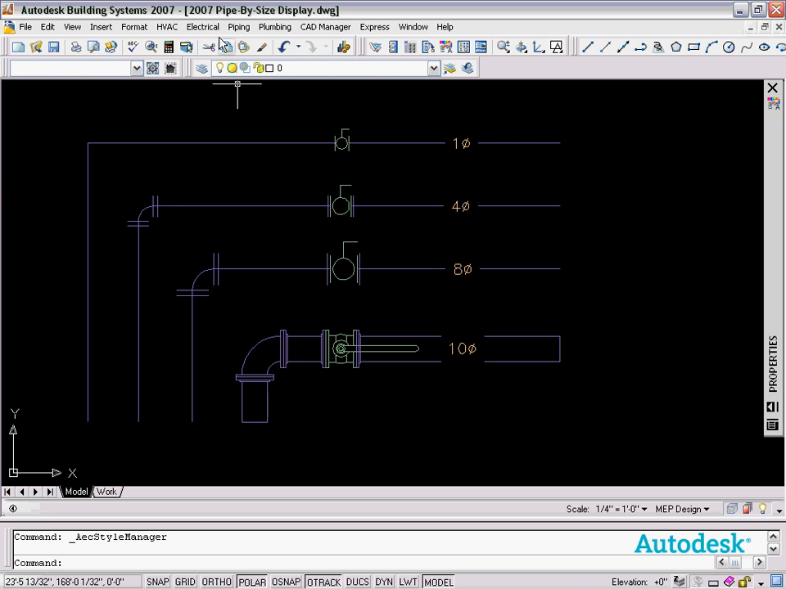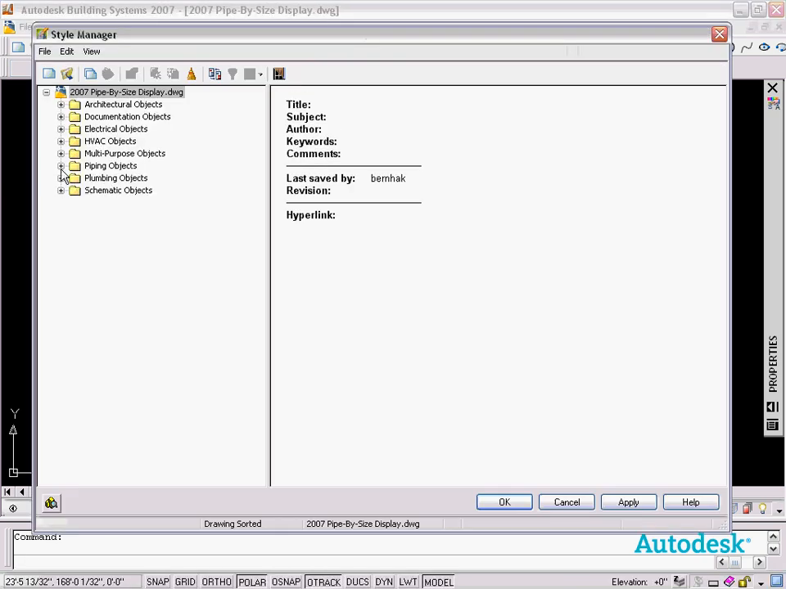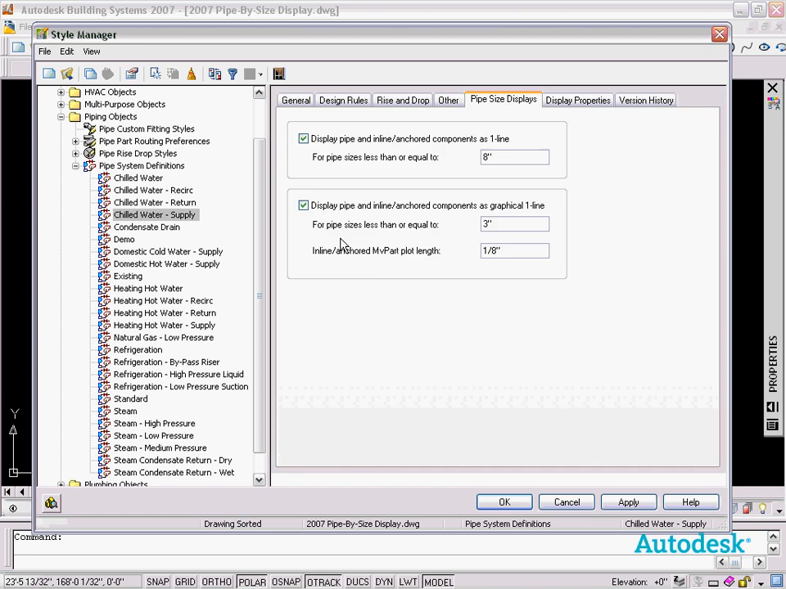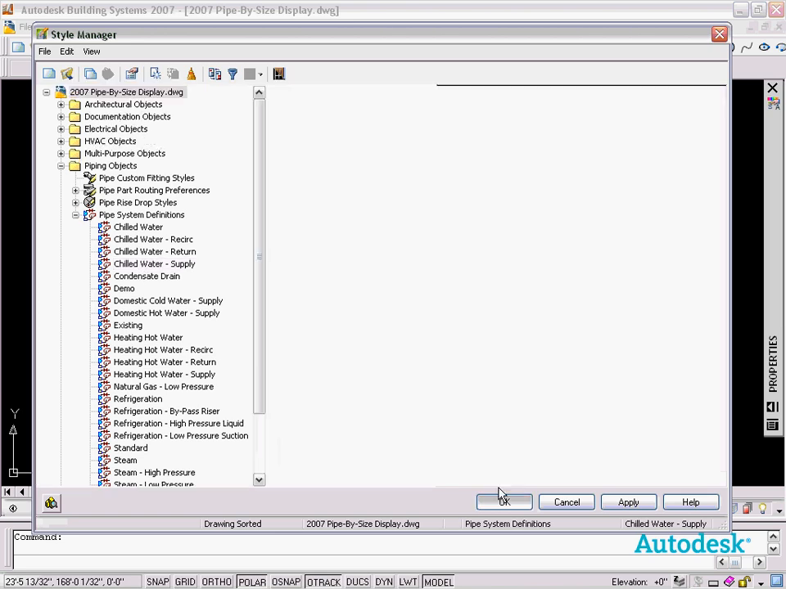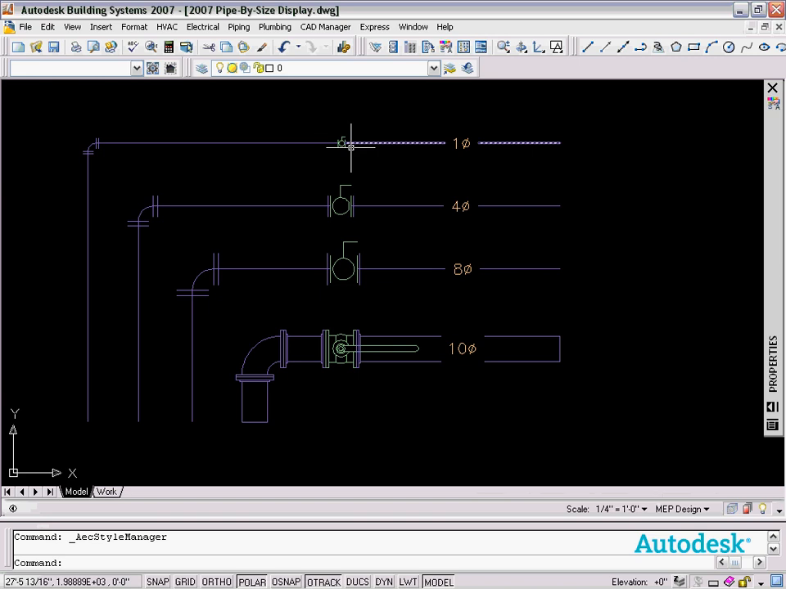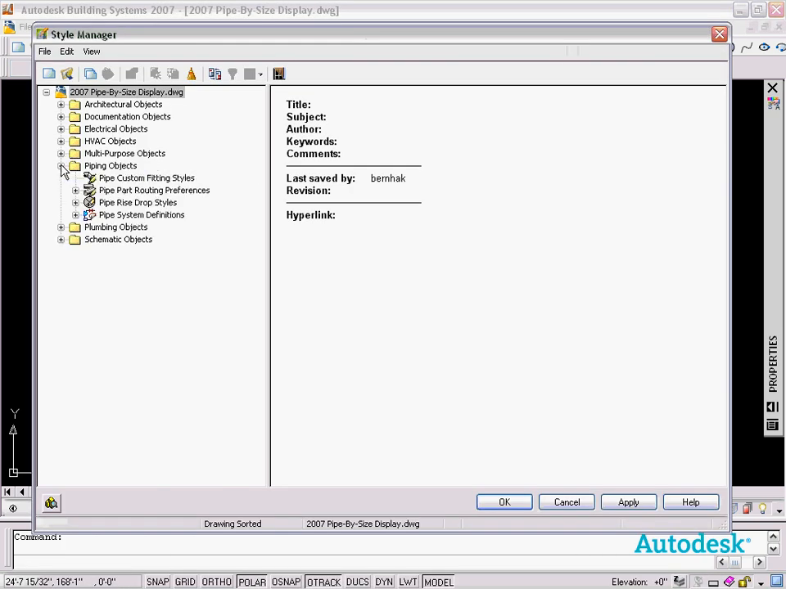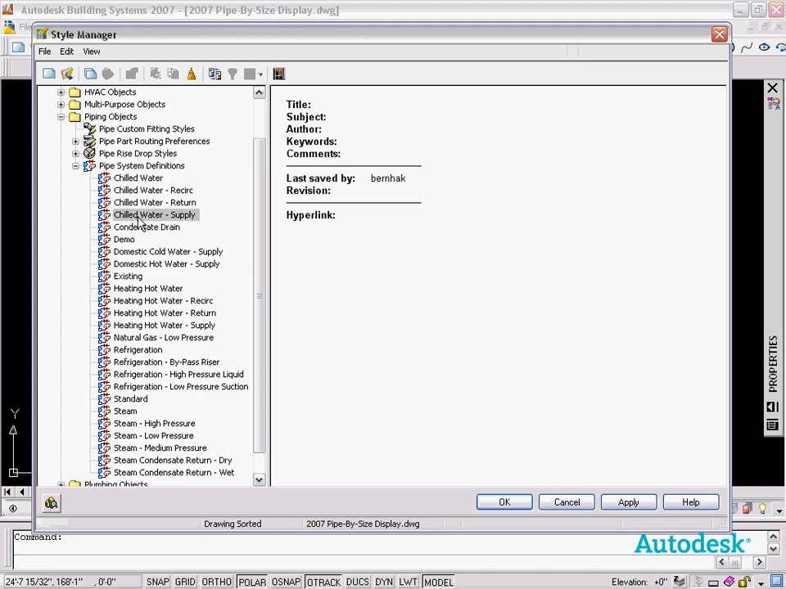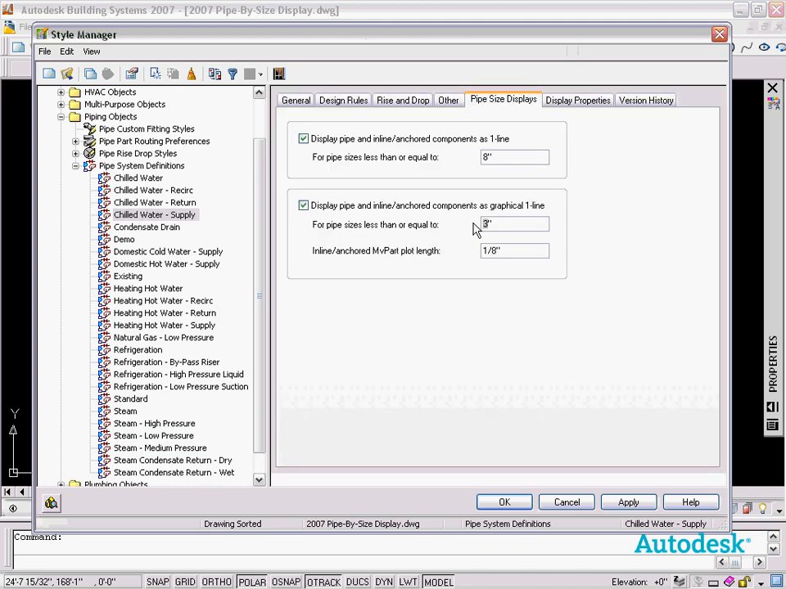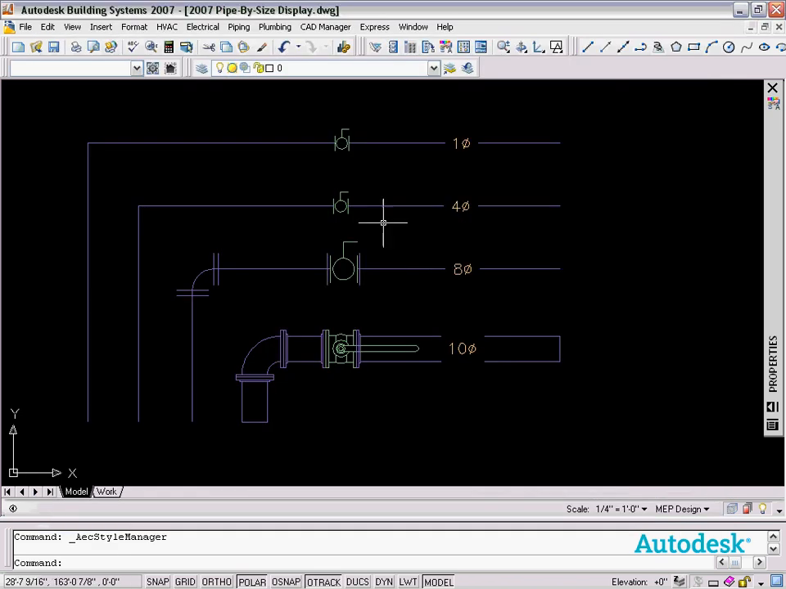And this is illustrated if we turn off the threshold here in our pipe system definition. We're going to completely turn off graphical display, and you'll see that this symbol became even smaller, so small that most likely it's going to plot out as just a blob. So that's the reason why that graphical threshold is in place. So if we go ahead and reinstate the threshold here, and we set it to 4 inches, so that we have 2 examples of the graphical,